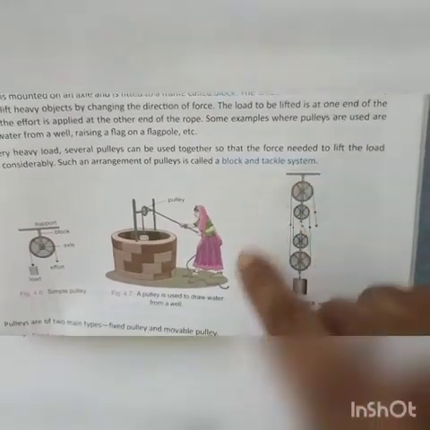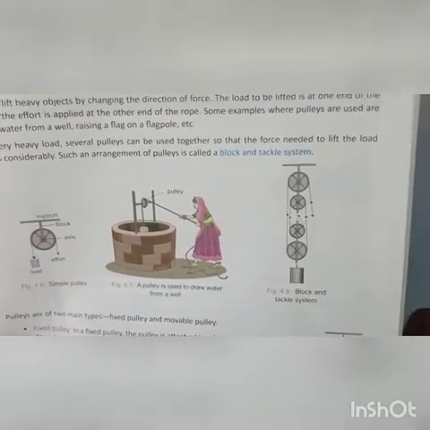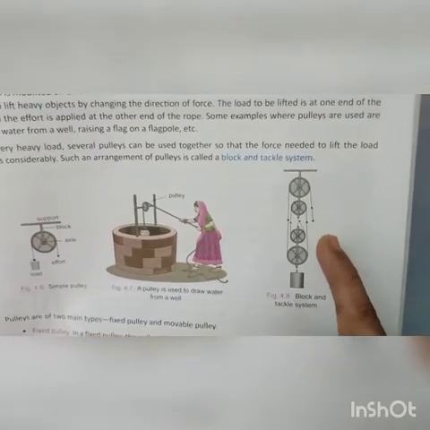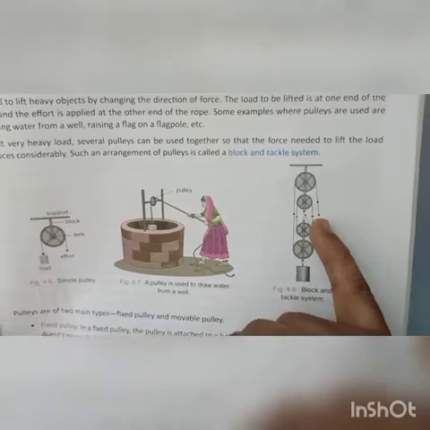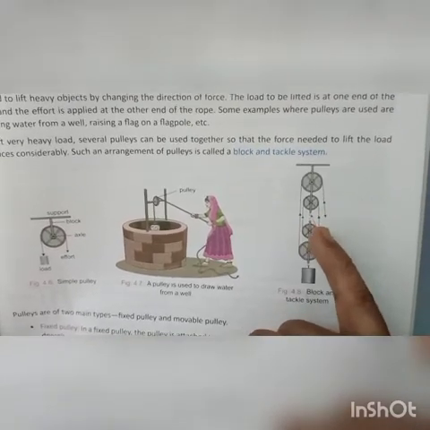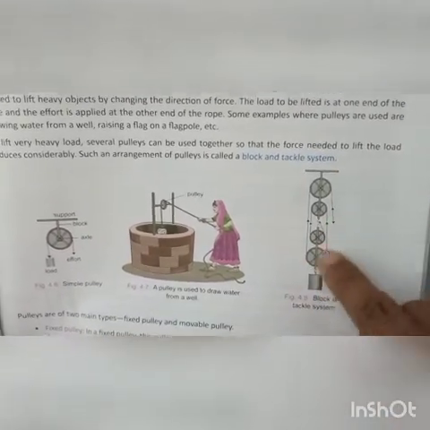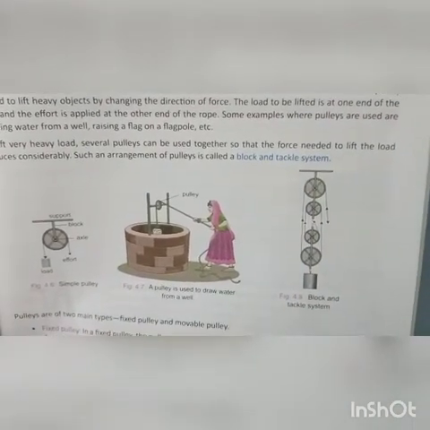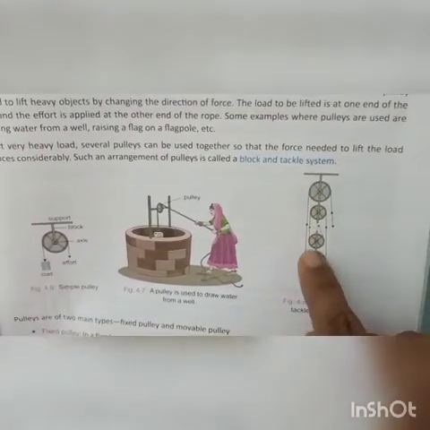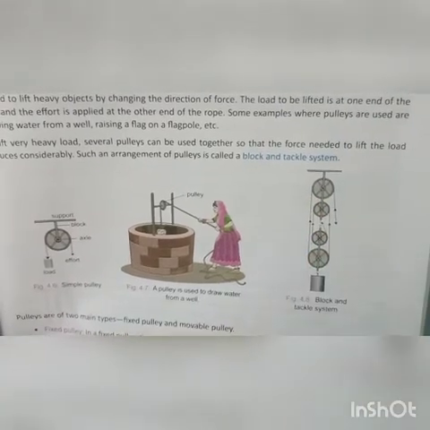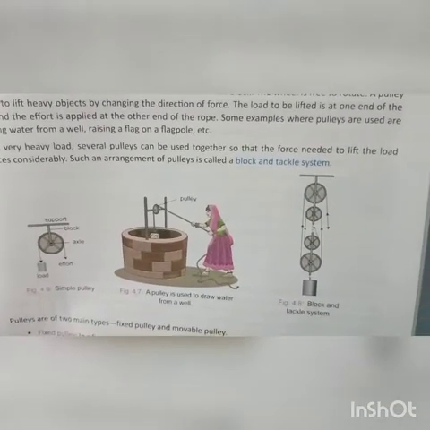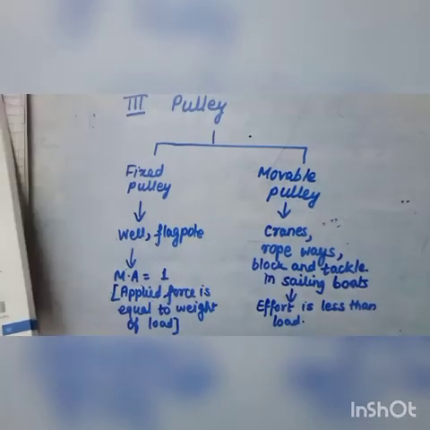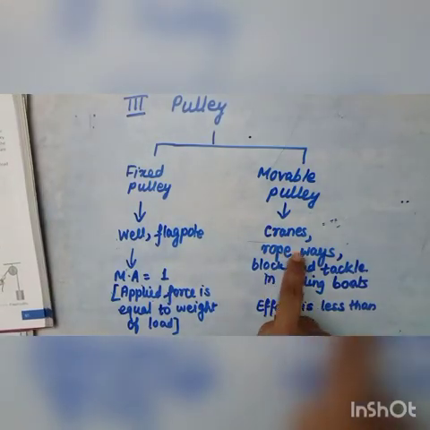एंड दिस यूजुअली ब्लॉक एंड टैकल सिस्टम इज फाउंड इन योर सेलिंग बोट्स। तो बोट्स, शिप्स जो रहते हैं ना, उनके पास इस तरह का पुलीज रहते हैं। ठीक है, सो दीज आर योर मूवेबल पुलीज। दीज पुलीज कैन मूव, दैट इज इट कैन चेंज इट्स प्लेस। एंड अनदर एग्जाम्पल इज योर रोप वे पुलीज।